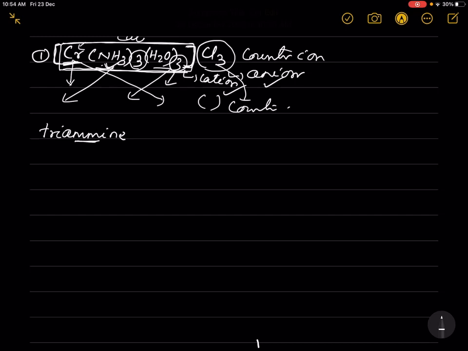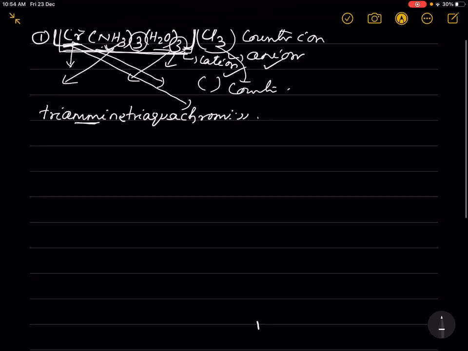Then for 3 water molecules, it should be triaqua, then the central metal atom, chromium, then the oxidation number of the central metal atom should be written in parenthesis. Then 3 chloride ions are there, so we should write